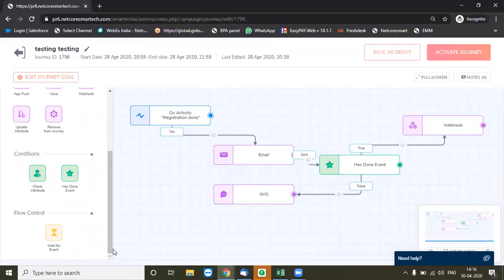So multiple cases can be solved with this kind of workflow, business setup workflow. Could be a lead scoring, a lead nurturing program, could be a data enrichment program, could be an upsell or a cross-sell program, could be a CLCM program. So depending on the industry vertical, you can approximately have, at any point of time, more than 10 plus 20 cases, and you can replicate that on the platform and see the results, how it comes.